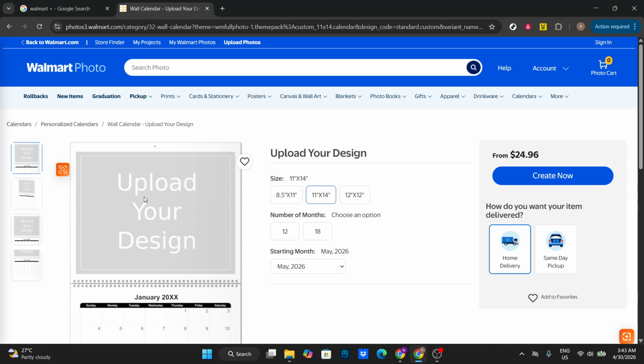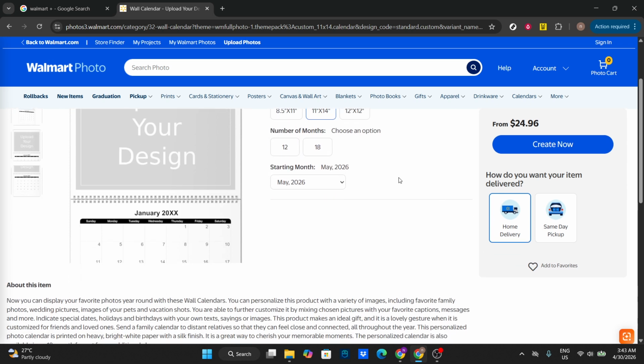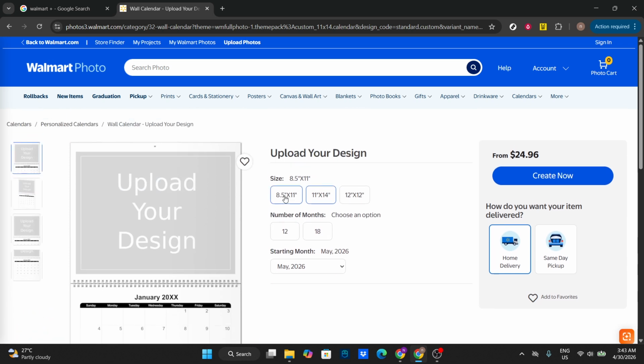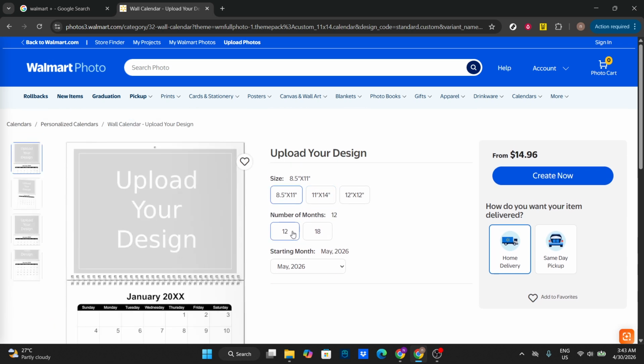After your images finish uploading, click Next to move into Layout and Date Customization. You can now personalize the dates on your calendar. Add birthdays, anniversaries, school events, or reminders so they're printed right onto the corresponding days. If you'd rather keep things simple, you can leave the dates at their default settings and just focus on the